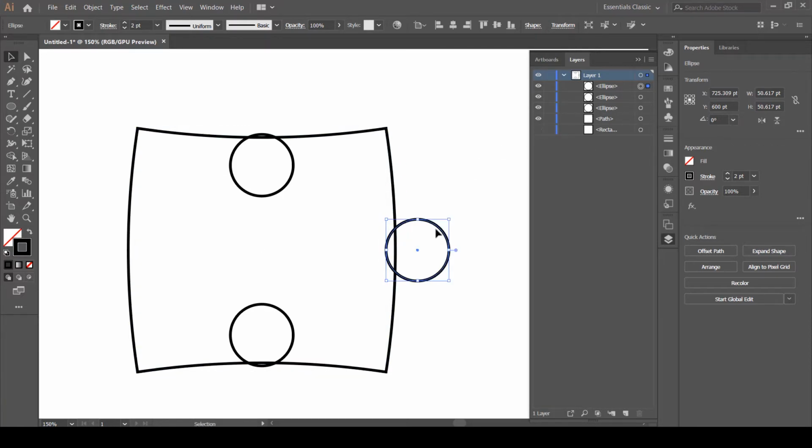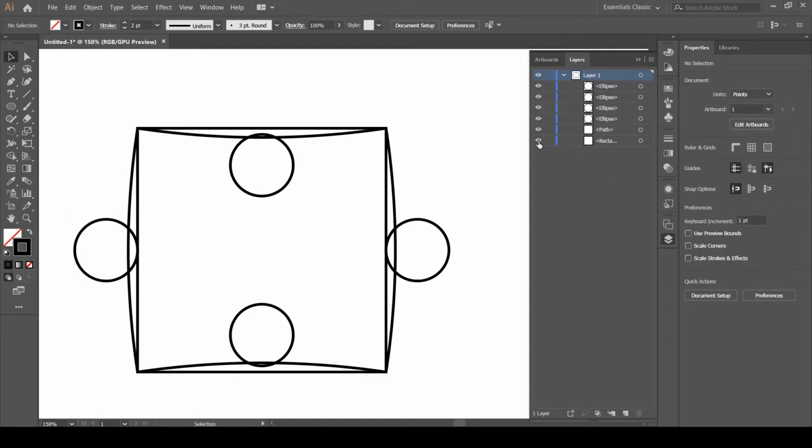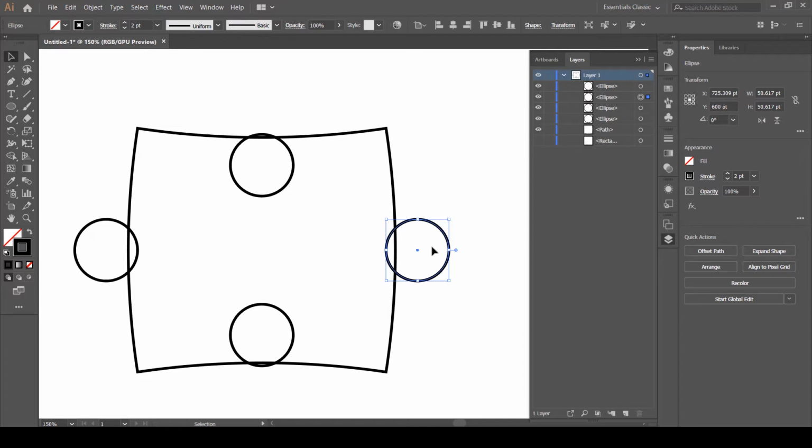Okay, let's hide it. Now we can again copy it and paste it in front of it, and then move it to the other side, and again we have to align it with our square body, and that looks good. Okay, now again we have to move them by the same amount as we moved these circles downwards. But for these circles we need to move them outwards.